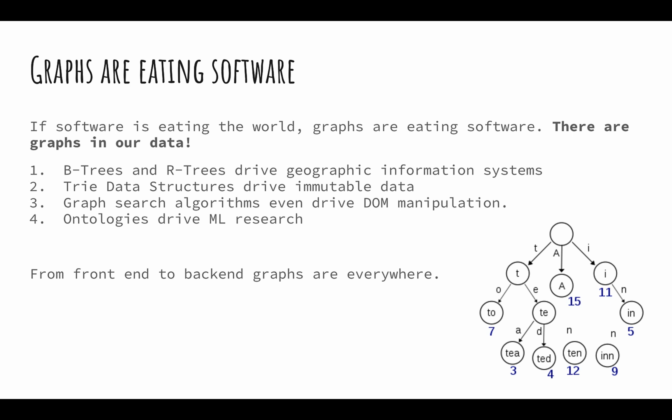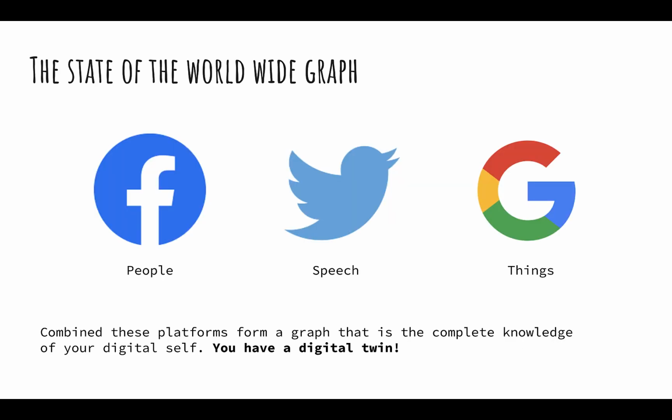And what's interesting about graphs is that, if software is eating the world, graphs are eating software. Graphs are showing up everywhere, back end to front end. We're seeing it used all over the place. Even the most popular front end framework today, React, heavily uses graph theory. And a lot of people who wrote React also wrote this thing called Immutable.js, which made persistent data structures a thing on the front end in JavaScript. So graph theory is being used all over software, and even myself, I'm having to relearn some graph theory to stay relevant today.